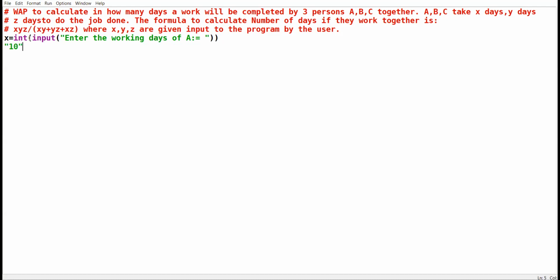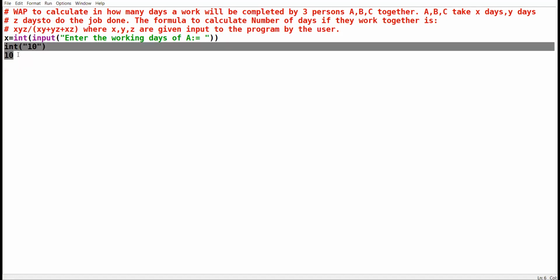But outside the input function, I have taken the integer function. Now the integer function will convert this string data into numeric data. It will become 10, which is in numeric form, and you can perform mathematical calculations on it. I hope the role of the integer function and input function is thoroughly clear to everyone.